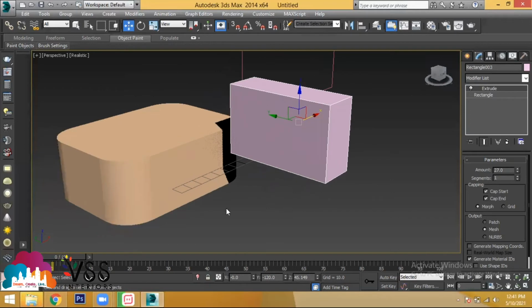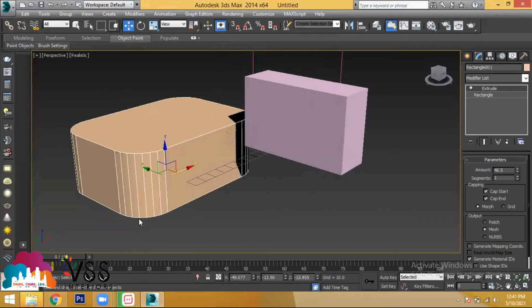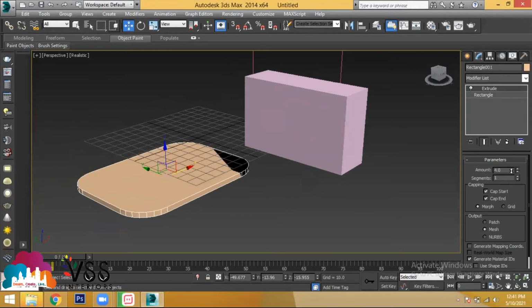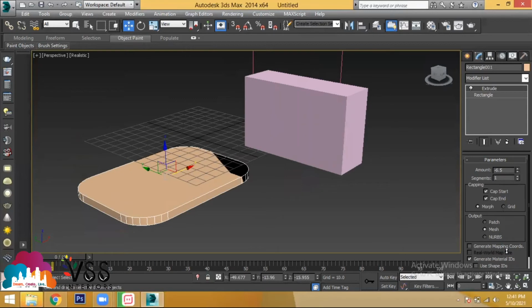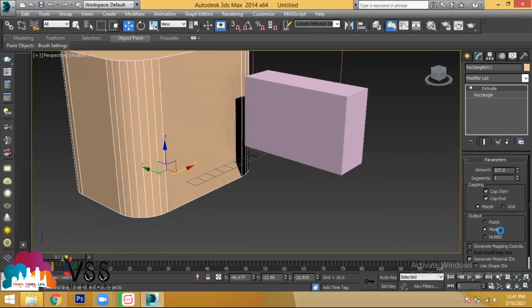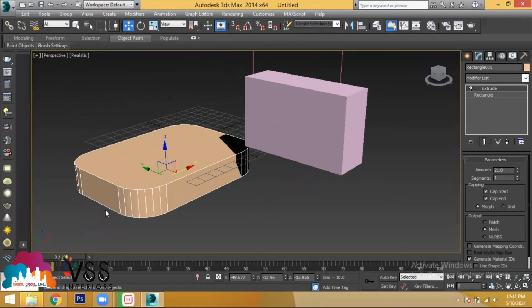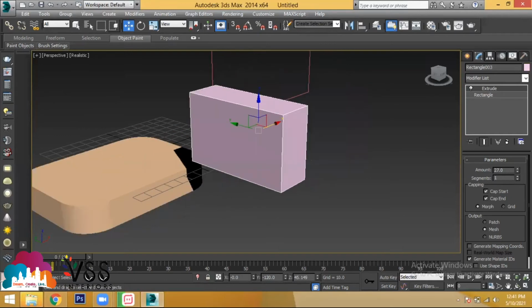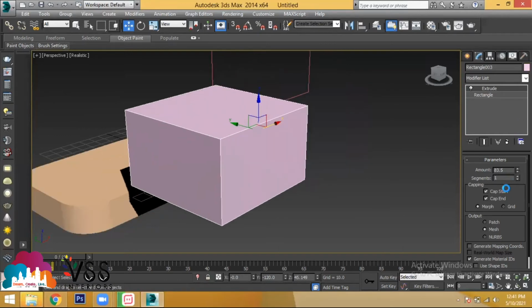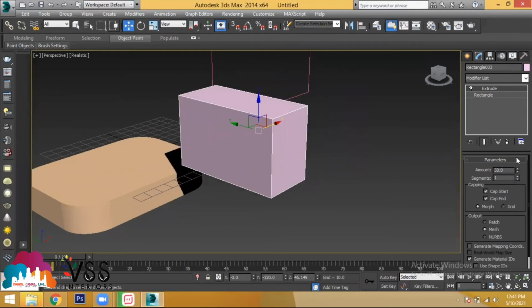So if you see here, this is a rectangle which you have drawn from the top plane, and when you provide extrude, this height will be provided towards the z-axis direction or towards the minus z-axis direction, only in the opposite direction of the shape which you have created. Now, when you have created this from the left face, you are getting the height only in the opposite direction of that rectangle. ये जो object shape आपने create किया है, इसके opposite direction में आपको height आएगा in this direction.